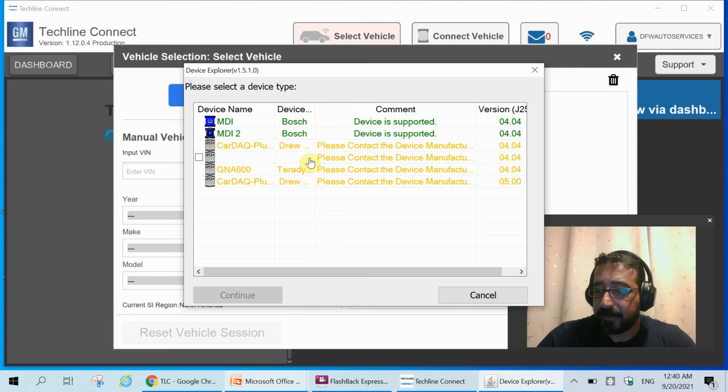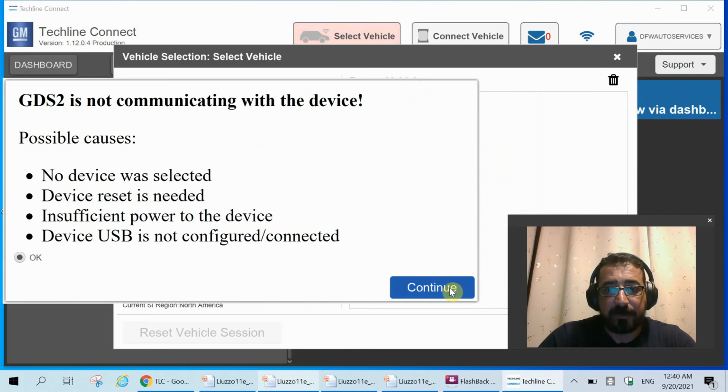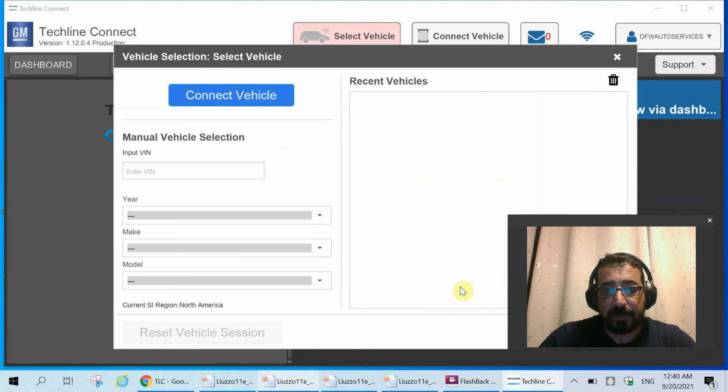I have the Autel PC Suite. Again, you're going to choose yours. Make sure the drivers are up to date for your VCI, and once you choose yours, you click continue. Of course, I don't have any communication. That's what I said earlier. If we are going to be required to connect it, you guys can catch up with the other video. And